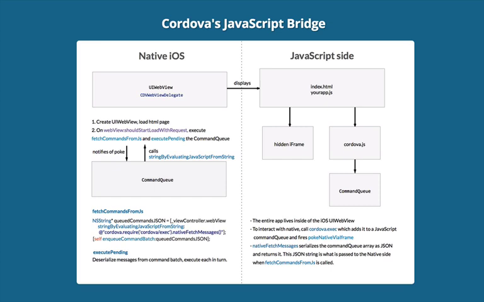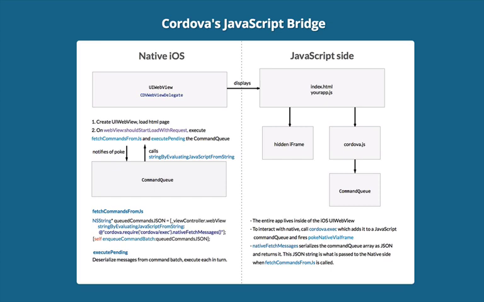that would be like call this service with this action using these arguments, and then call this callback function. Then it will serialize that into JSON, and it will store a reference to that callback, and just basically keep it there in the command queue. And as soon as it does that, it will trigger a navigation to the hidden iframe to a special scheme, which is gap:// And whenever that's done, the UIWebView delegate will essentially watch for changes in navigation. And so when you change to that scheme, it will execute some JavaScript inside of your WebView